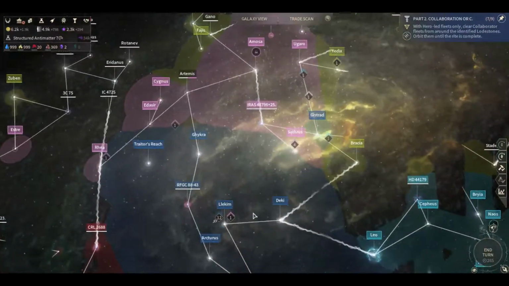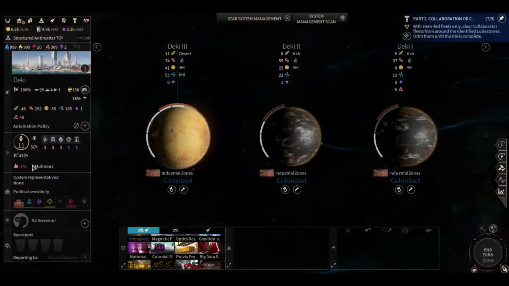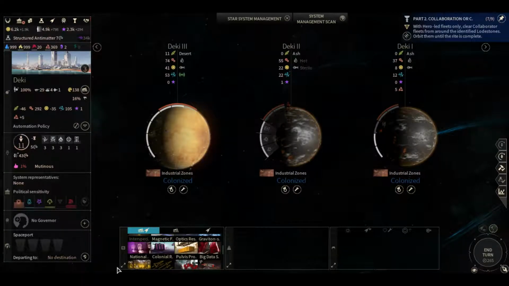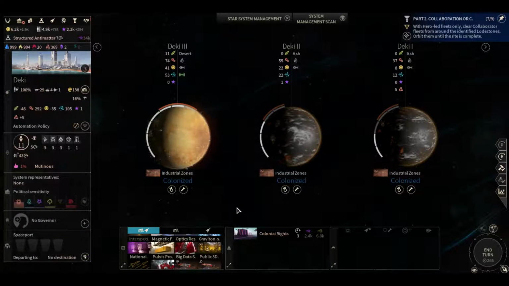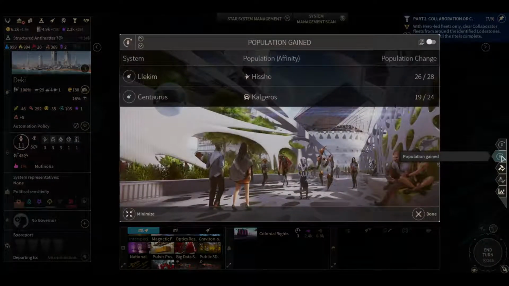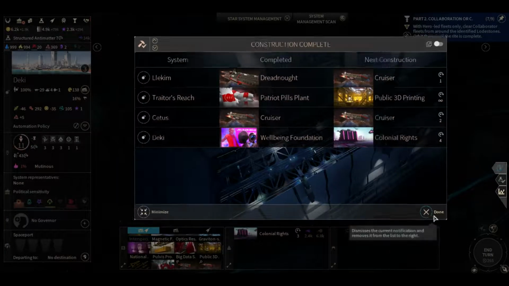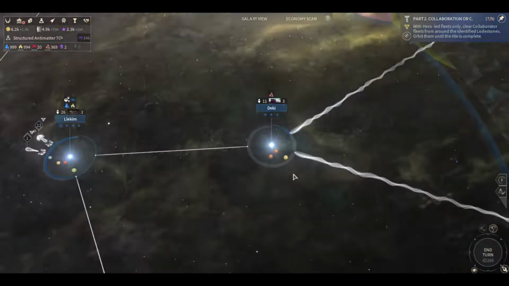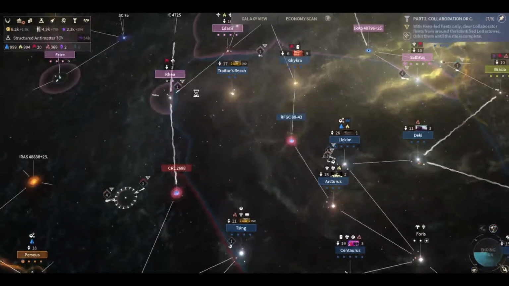Let's check out Deki again. How we doing for our likability? We're at 1%. Alright. Again, we'll continue to take things that help us out with likability. Population's been changed there. Some cruisers and stuff done. So we definitely want to work on rebuilding fleets as well. People are buying red Sang. I prefer blue Sang. Actually, I have no idea what the difference is, but...